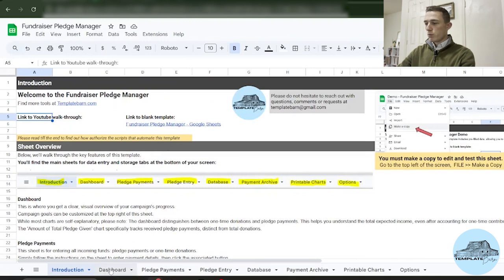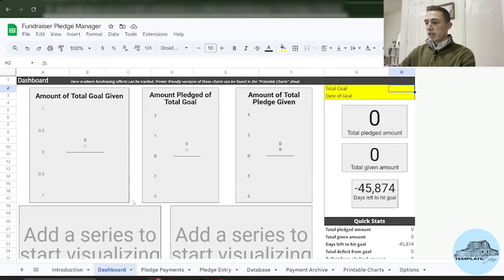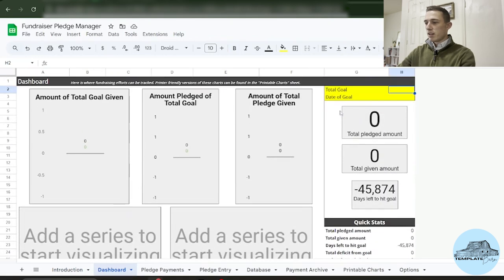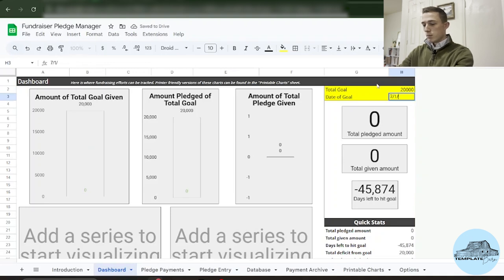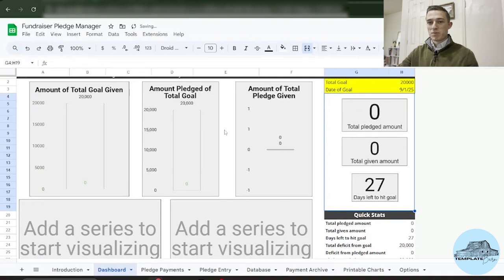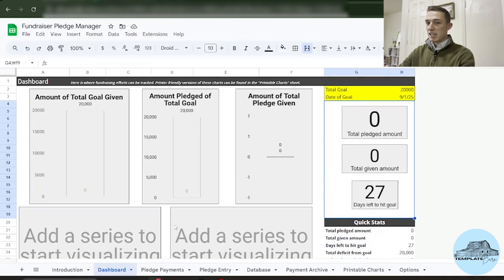So to begin, we'll go to the dashboard here. Now, because there is no data in here, it'll look a little bit like this, pretty blank. You can enter your goal up here and the date of your goal. So for purposes of this demonstration, I'll just put $20,000 and I'll say I want it by that date right there. All right, maybe not that date. Let's do there. All right. So now that we have our goal and date set,